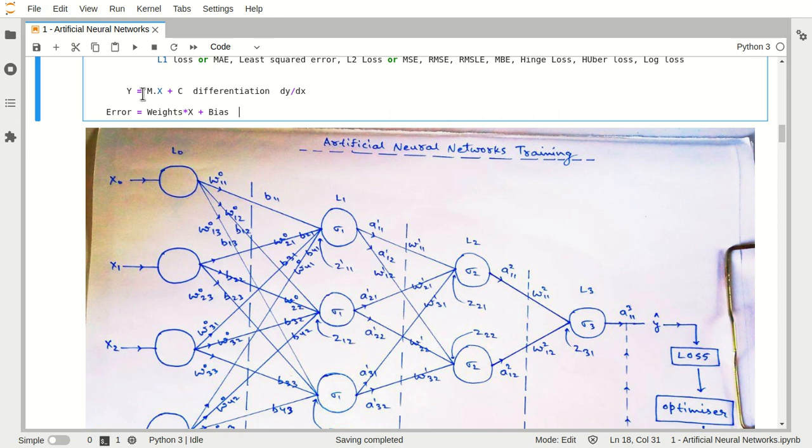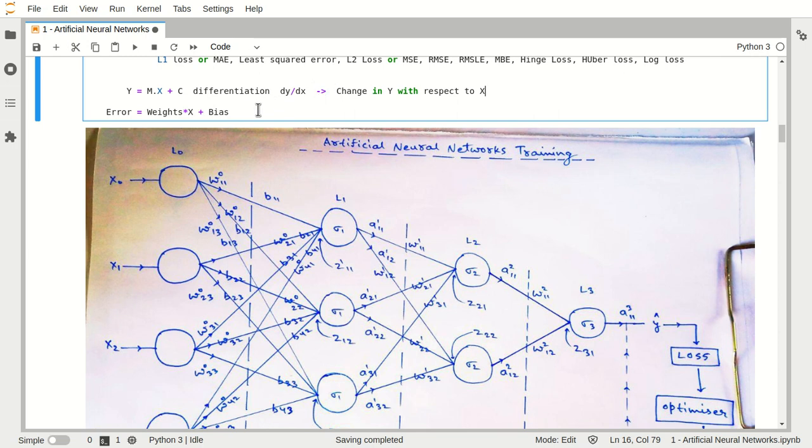If I say that this y is changing as this x is changing, because y is depending upon x, then this particular change we can denote with dy upon dx. dy upon dx means change in y with respect to x. You guys can note it down.